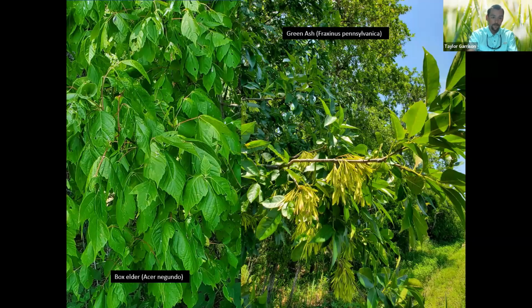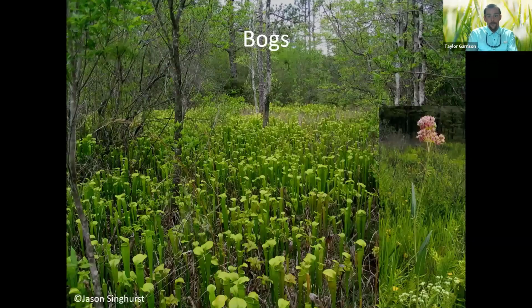Moving on to probably my favorite wetland type, which I've worked in a lot more recently: bogs. There are not many of these in Texas, and I've had the chance to see very few, but I'll cover some of the basics of bogs in Texas. Bogs are ombrotrophic, another fancy word, which basically means that bogs receive most of their water from rainfall rather than groundwater runoff.